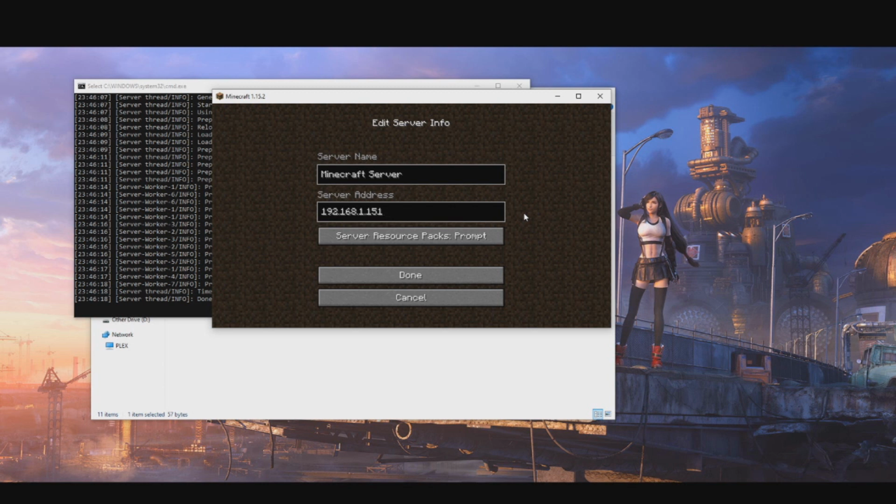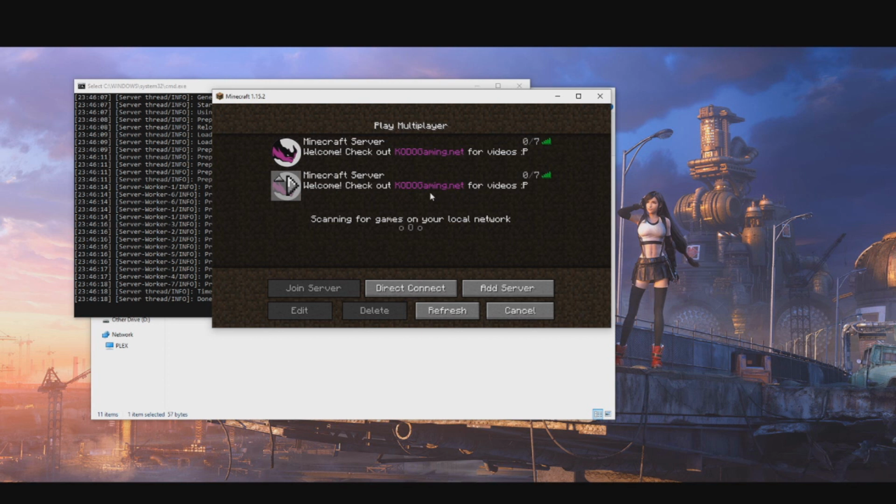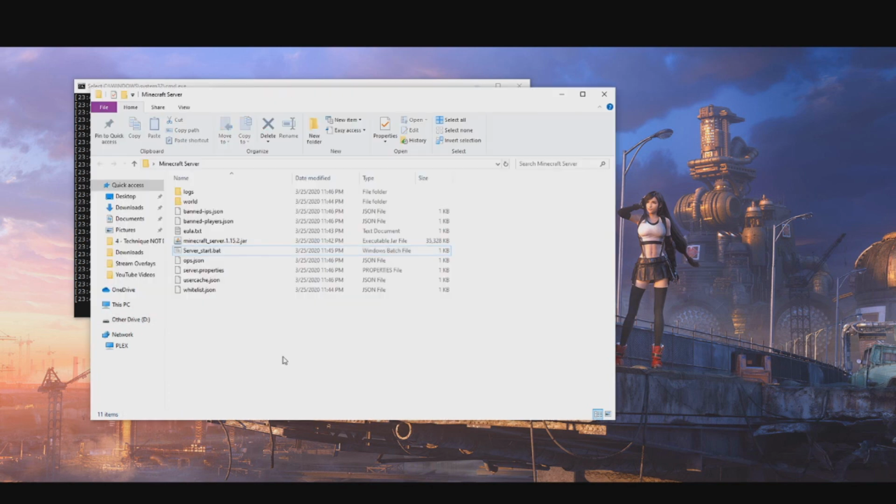You're going to put in the IP address of the computer this is running on, hit done, and you'll see it's the same computer running here, but you'll see that the Minecraft server is up and running. I will show in future tutorials how to change this icon, as well as how to change colors and stuff in here. If you're having any trouble connecting to it, you're going to want to check